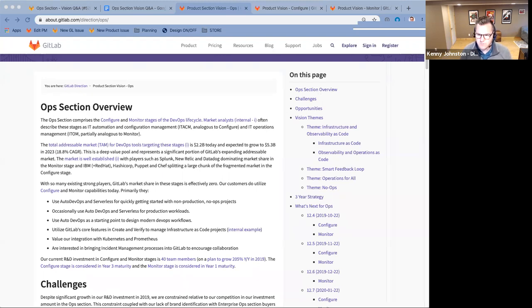In the configure stage, Victor and I were actually just talking about this today. It seems to be more fragmented. There are some tools that are becoming at least the new style of configuration management tool. HashiCorp and their tool set, including Terraform, comes to mind. But there is also a split of the former generation of tools, Puppet, Chef, and Ansible, that people use for configuration management.